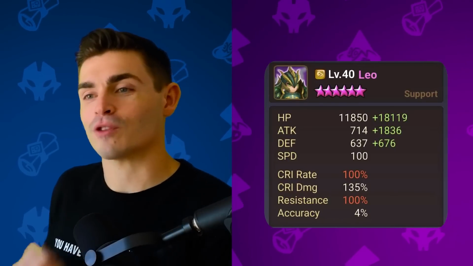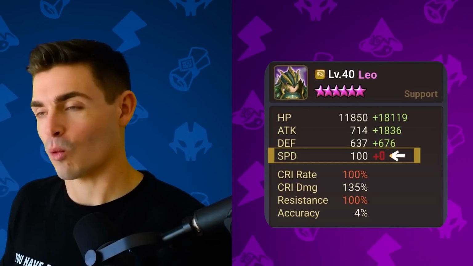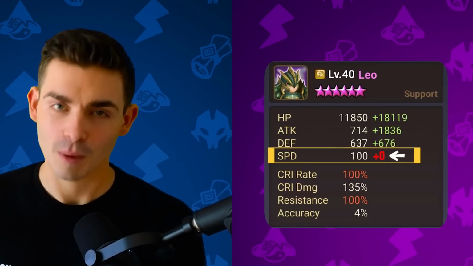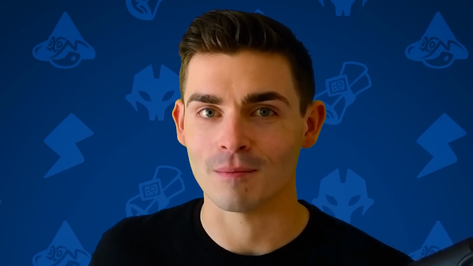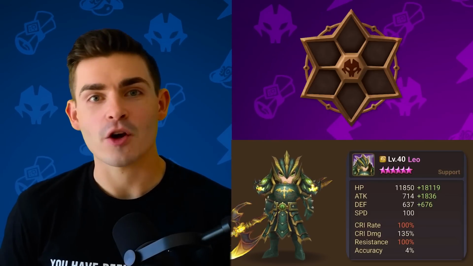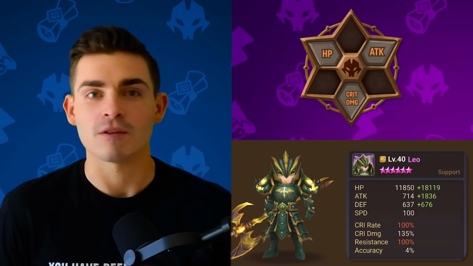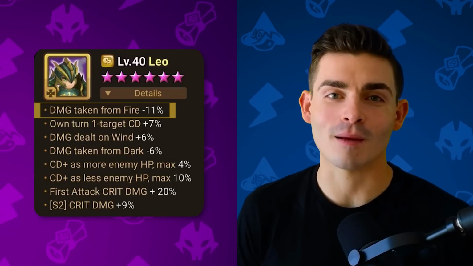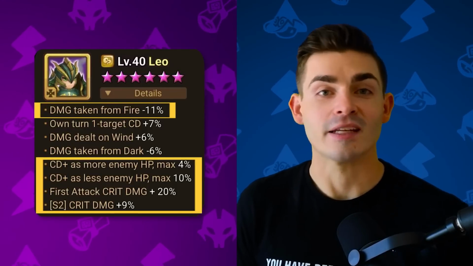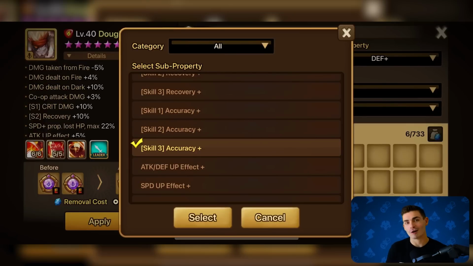If you're going for a traditional Leo build, you'll want to rune him as close to 0 speed as possible. And that can prove to be a little difficult because as Summoners War players, we've been trained to keep runes with speed on them. For your 2, 4, and 6 slots, I would recommend going with attack, crit damage, HP for a more bruiser-focused Leo. For your artifacts, you can prioritize substats that reduce damage taken and increase your crit damage. It also doesn't hurt to increase accuracy on skill 3 because you're probably not going to prioritize accuracy much otherwise,